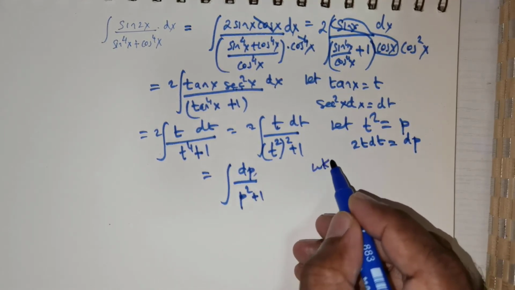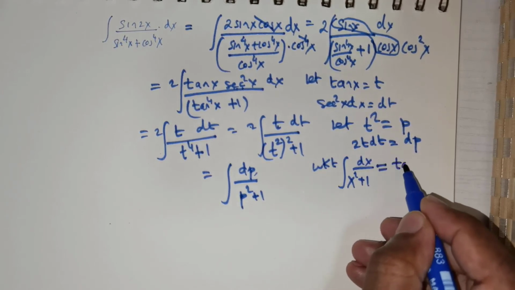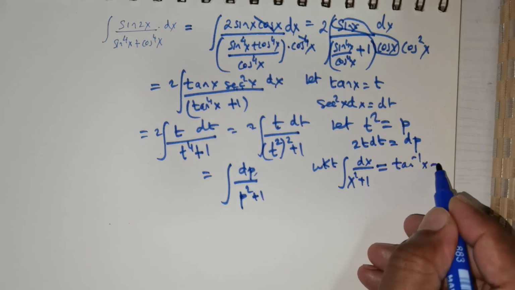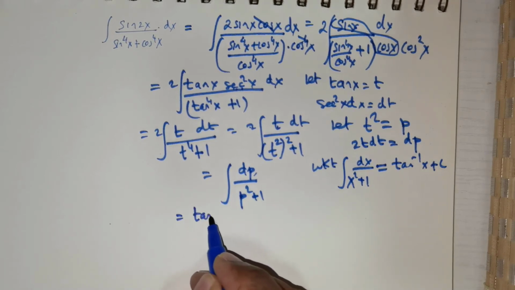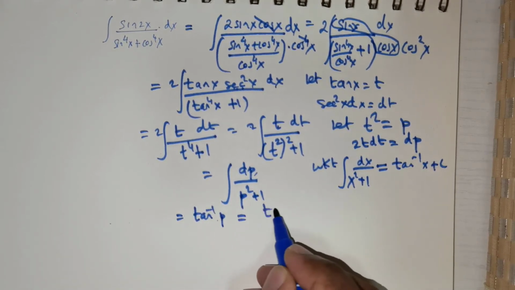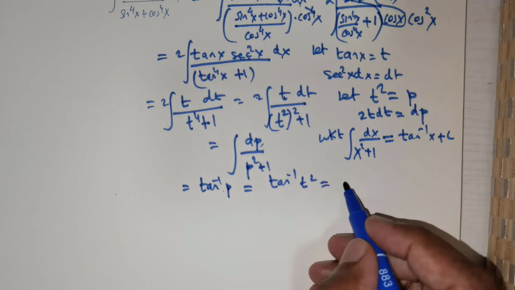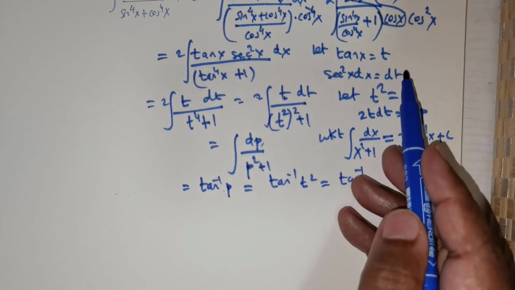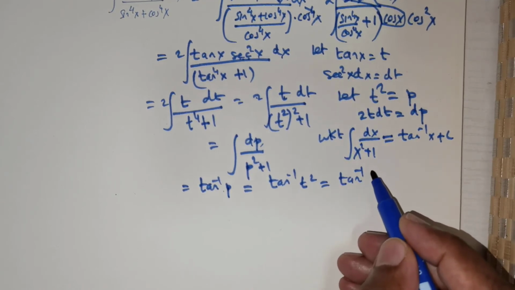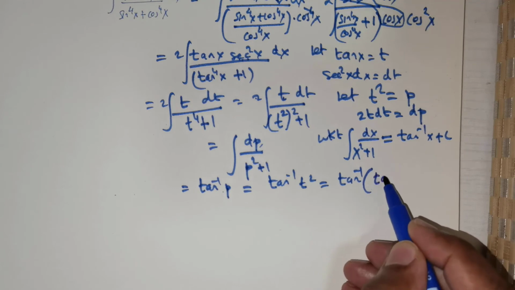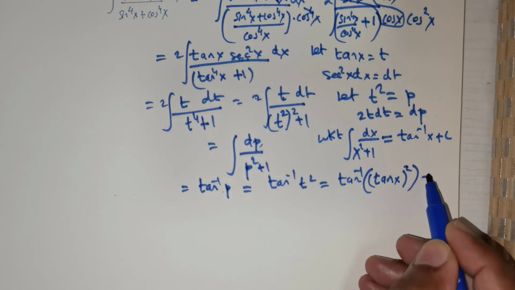But we know a formula. What is that we know? We know that integral dx over x squared plus a squared is nothing but 1 over a tan inverse of x over a. In this case a is 1. So because of this formula, this is going to be tan inverse of p, which is nothing but tan inverse of t squared, but my t is tan of x, right? So you have to substitute that. So it's going to be tan of x raised to the power of 2, and that has to be added